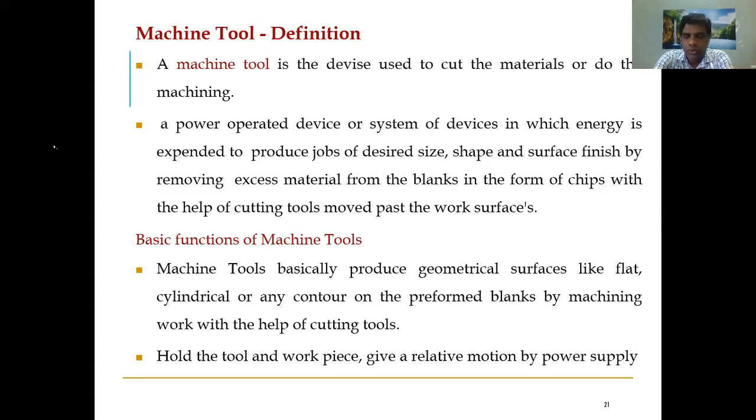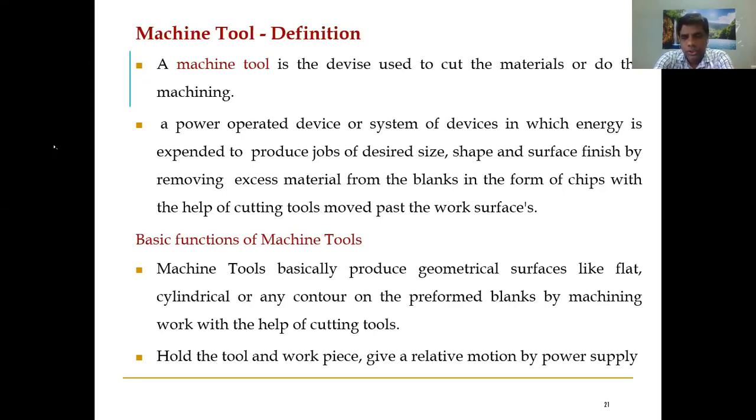The basic function is producing the surface on the workpiece, preformed blanks, by machining with the help of a cutting tool, right? So we insert the cutting tool in the machine, and using this cutting tool and other attachments, we remove the excess material. Removing the excess material and producing geometrical surfaces is the first function of any machine tool.